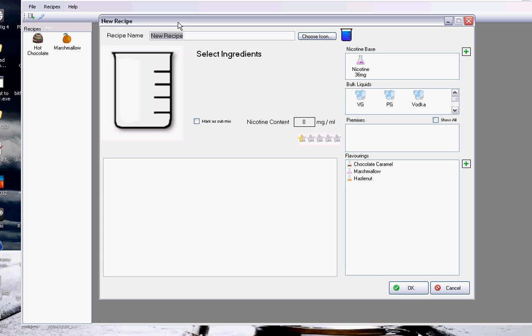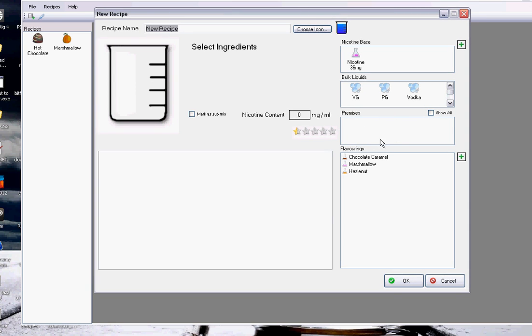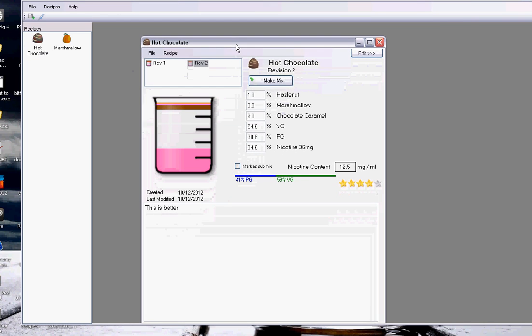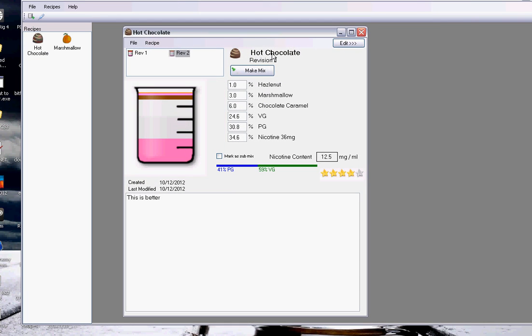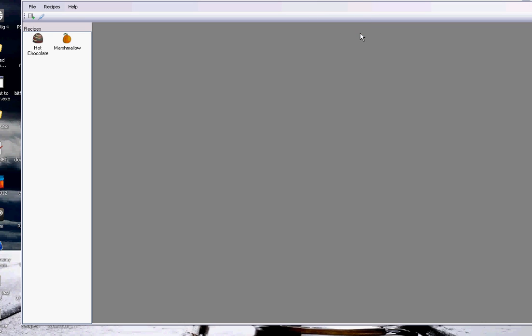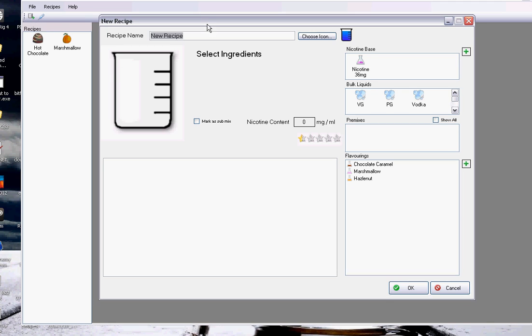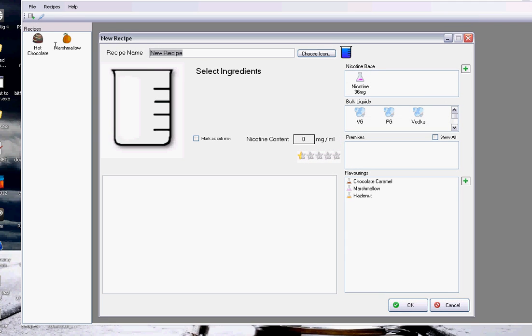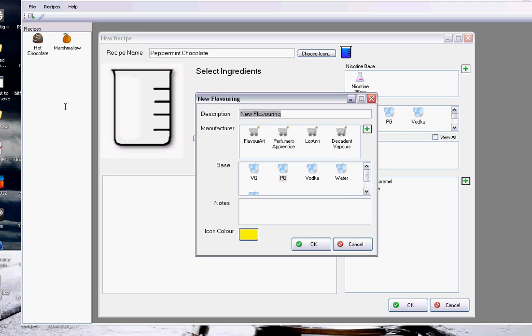You'll notice when I went to this new recipe, I completely ignored this pre-mixes section. This is for putting one batch into another batch. So for example, if you've made your hot chocolate recipe over here and it was great and you loved it, but then you get a cold or something and you want to try your hot chocolate with menthol or peppermint in it, what you can do is make your new one. We'll call it peppermint chocolate. Add a new flavour in for peppermint,